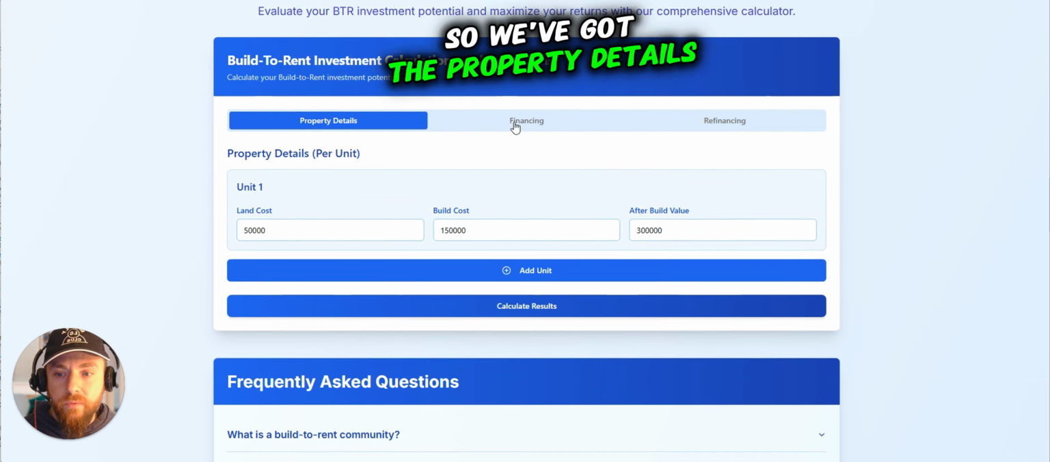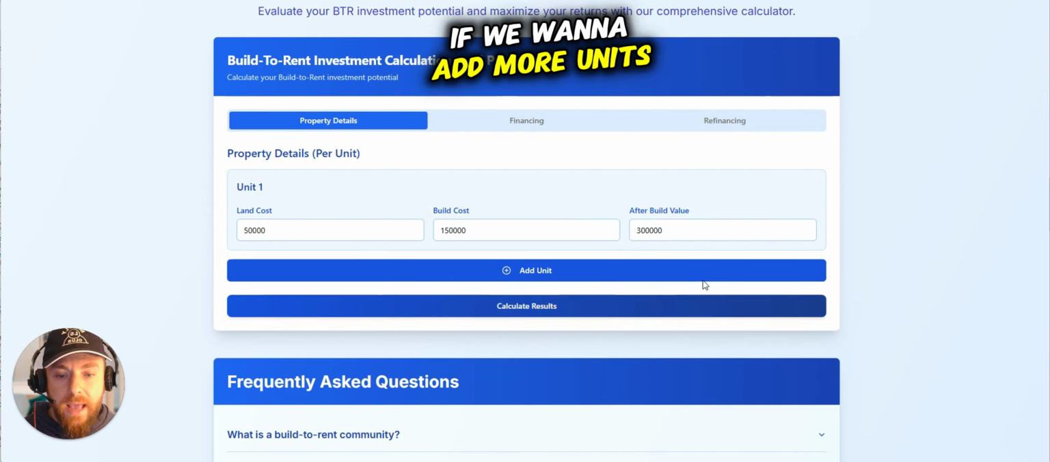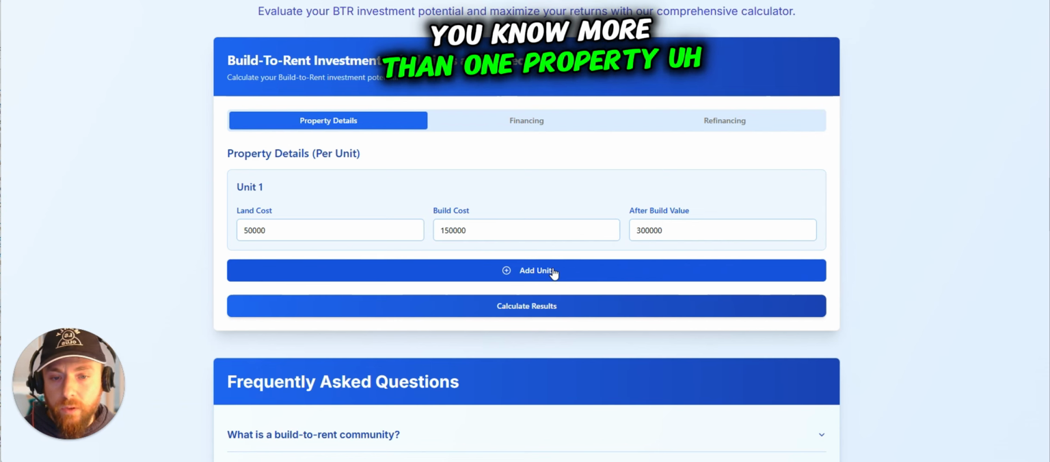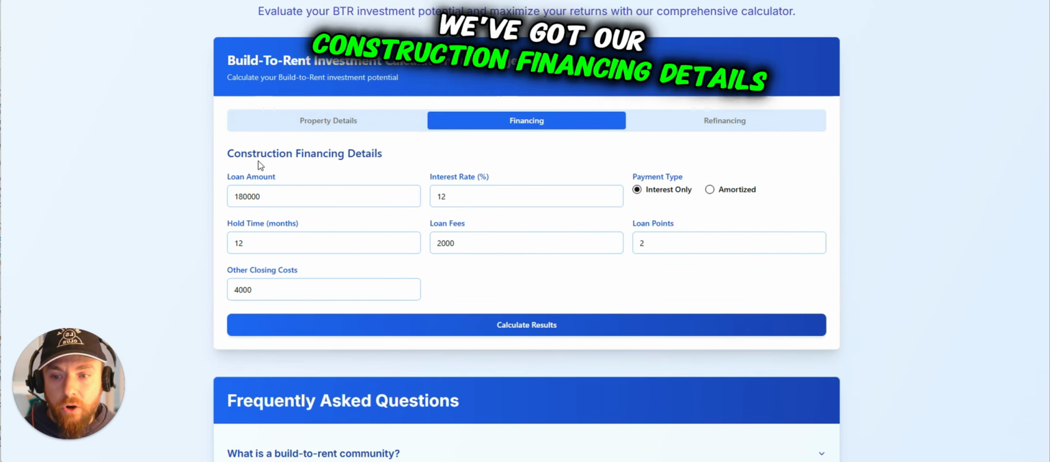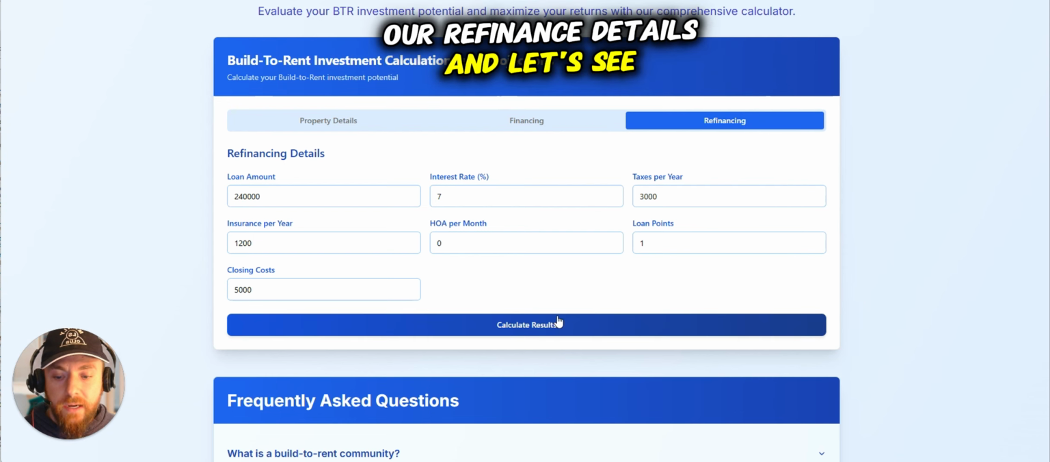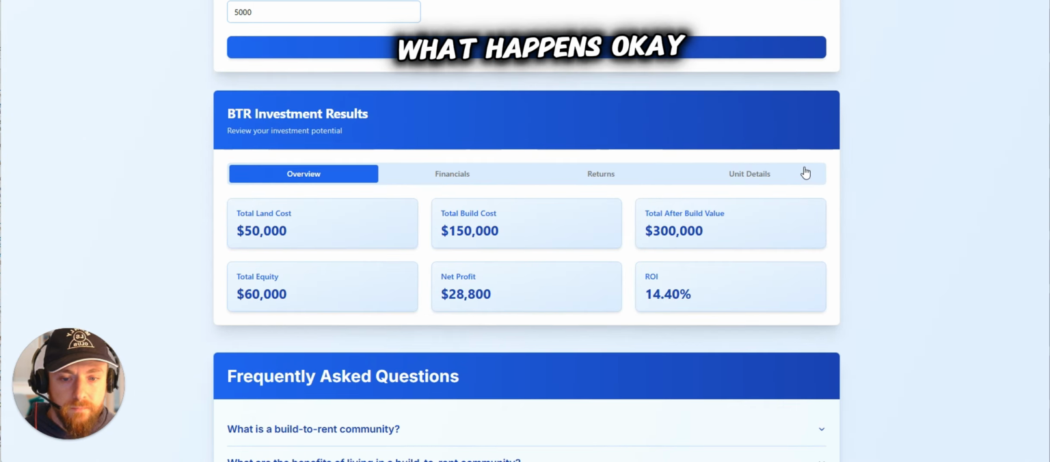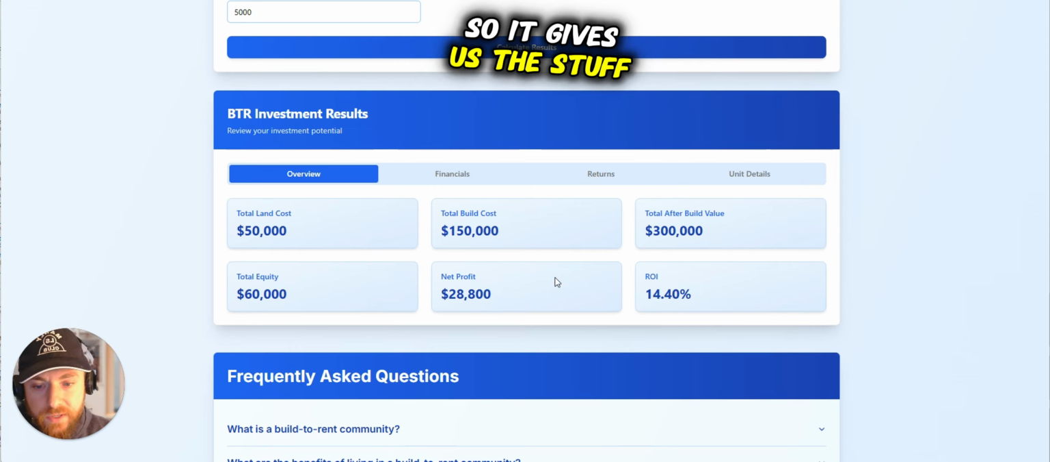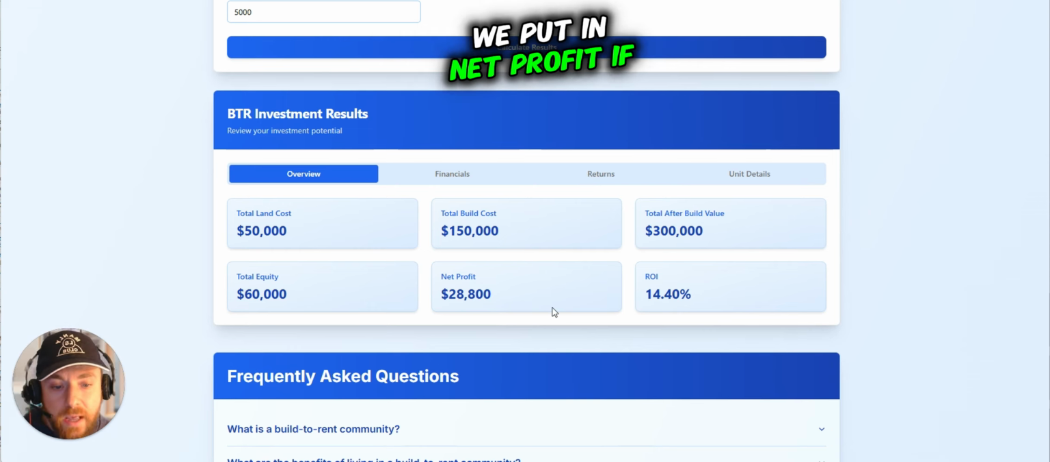Okay, so we've got the property details. If we want to add more units, go ahead and do that, right? This would be for if you're building more than one property. We've got our construction financing details, our refinancing details, and let's see what happens. Okay, so I click calculate results, and this is what it gives us, right? So it gives us the stuff we put in, net profit if we sell it,